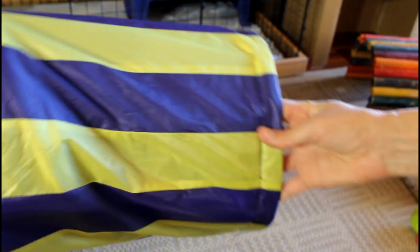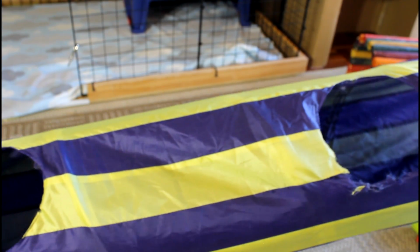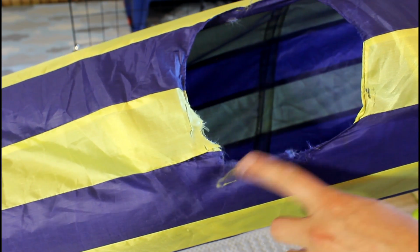And then last but not least, cat tunnel. Sorry, that's hard to see, but this is just a generic cat tunnel. Pops out, you can fold it back down. The rabbits love this, they run through it multiple times a day. As you can see, it's a little bit too well loved,